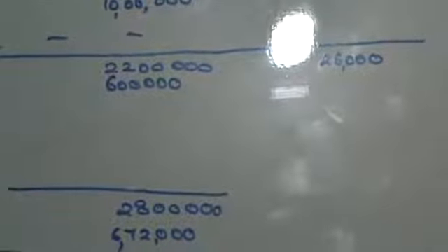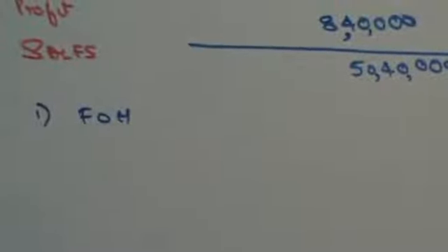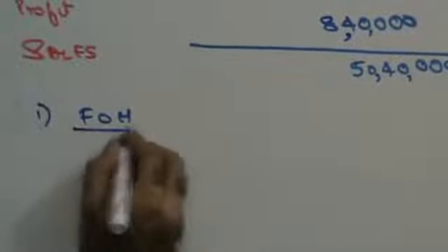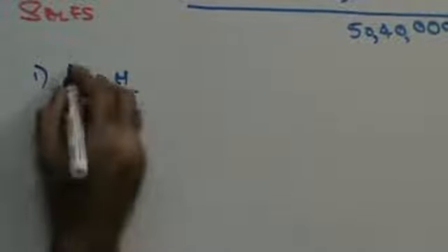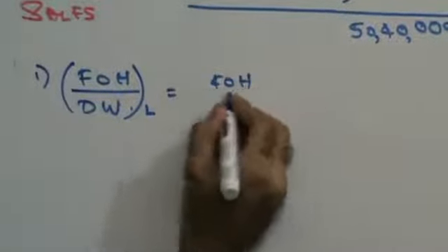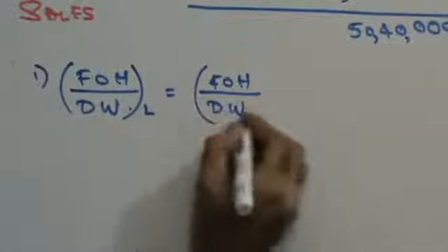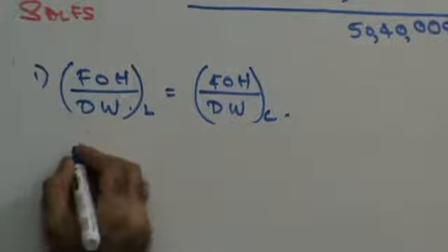Let's see this. Factory overheads. When you do not have the CPU, this is how you will do the calculation. Factory overheads upon direct wages. Why direct wages? You are supposed to know this by heart, that factory overheads is always calculated as a percentage of direct wages. So factory overheads upon direct wages of last year is factory overheads upon direct wages of current year. Right? Factory overheads of last year was 6 lakhs